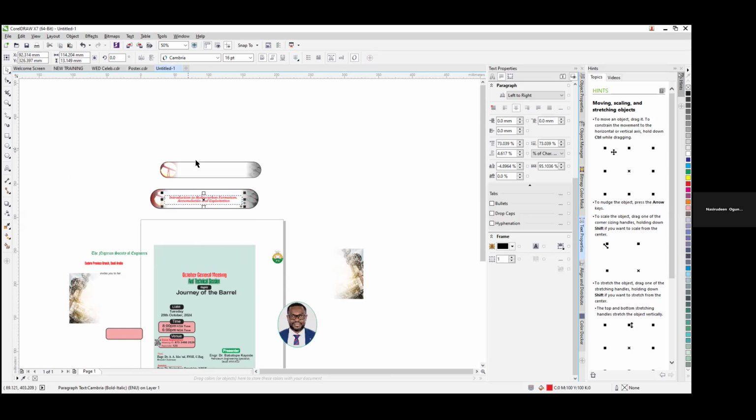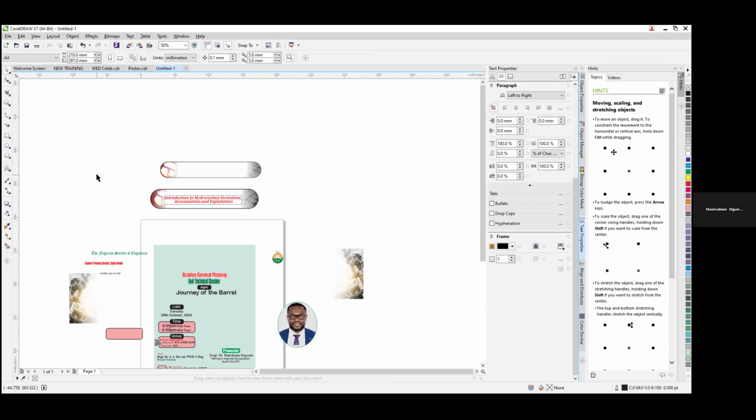I feel it's not big enough, it's small. I can increase the size. Something is up there, I can increase the size there as I want it. So there is something I forgot to mention with regards to text, which is very important, because since we're going